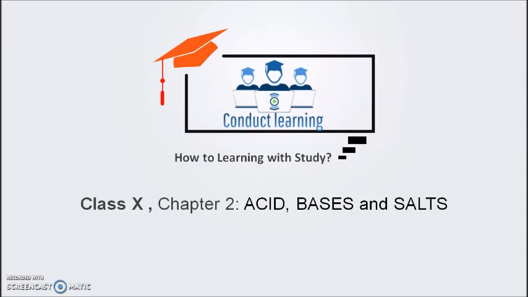And after that, what is a base and an alkali, what is the difference between the two, what are the different types of bases, how bases react with metals, carbonates and acids, and after that we switched toward salts. How salts are formed, what are the various types of salt, what is a basic or common salt, how to prepare different types of salts from common salt. Now we switch toward the exercise questions of this chapter.